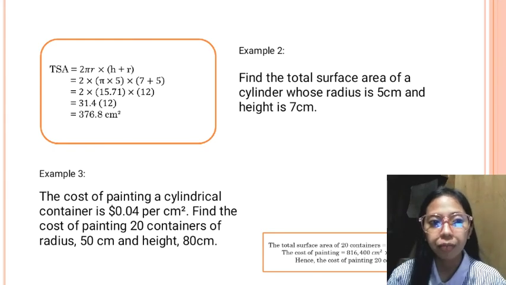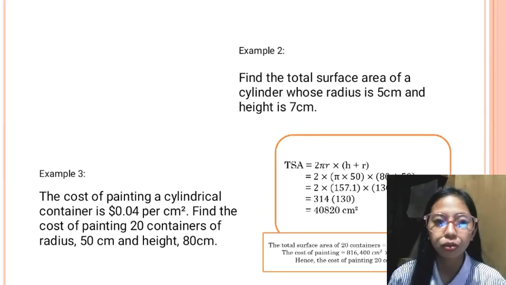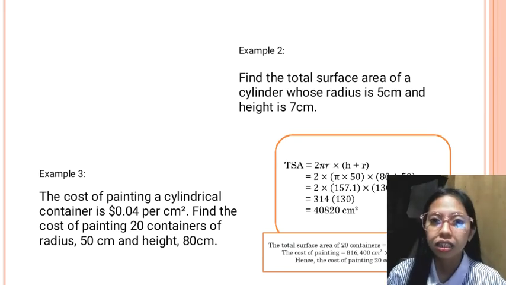Find the cost of painting 20 containers of radius 50 centimeters and height of 80 centimeters. So substituting the given numbers, we will now have the equation of 2 times the value of pi times 50 times